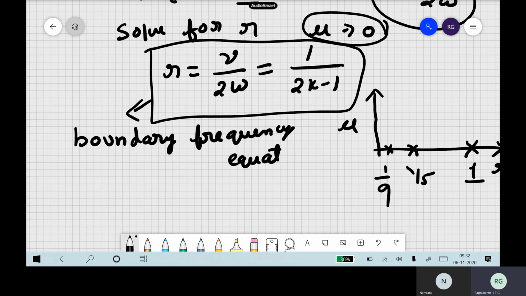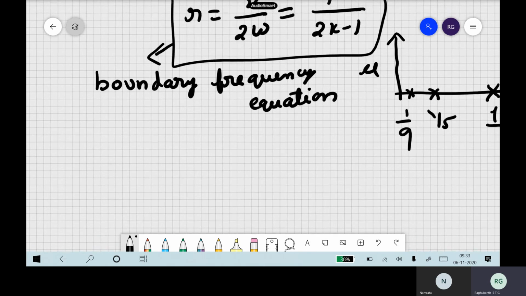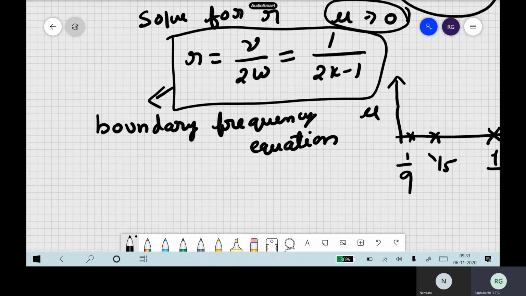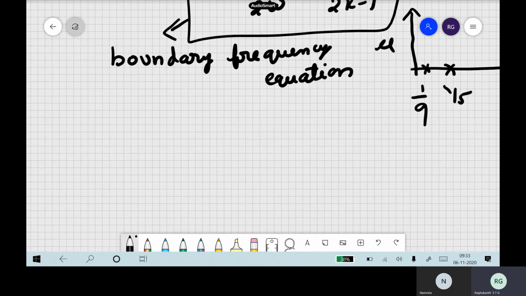The speciality of this equation is that it tells you where things can go unstable. That is what these boundary frequency equations tell us. Okay, so this is how we can solve for the boundary. But here we have assumed solutions of periodicity 2T. This is one type of solution you write. Floquet's theory says you can have two types of solutions. One is given by 2T, the other by capital T, which we have also seen previously.